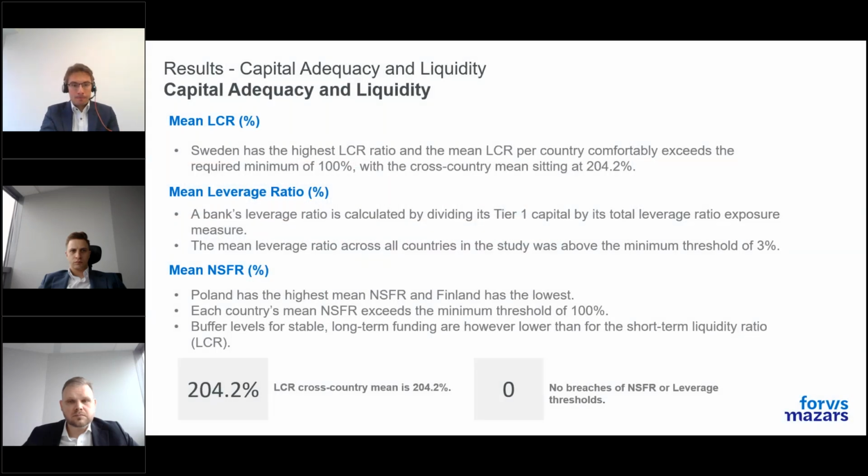So this would conclude that short summary of capital adequacy and liquidity ratios analysis that we performed. From this analysis, we also put together a report which is available on Forvis Mazars websites across European offices, and it was shared also 1-2 months ago on LinkedIn. So there you can find more insights from that analysis and some distributions per country and country level information presented, let's say, per institution.